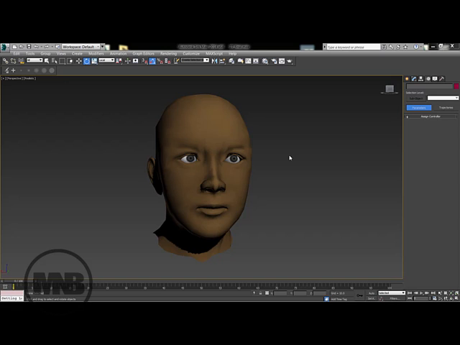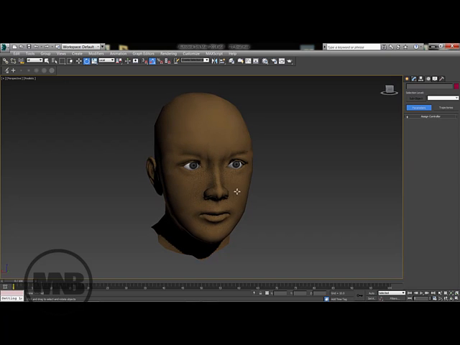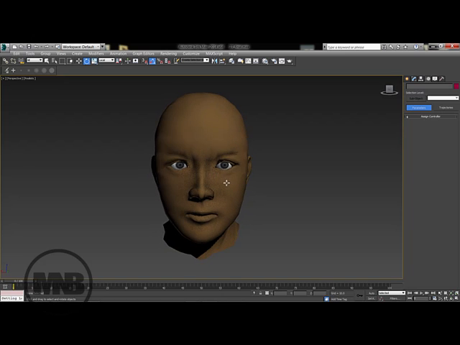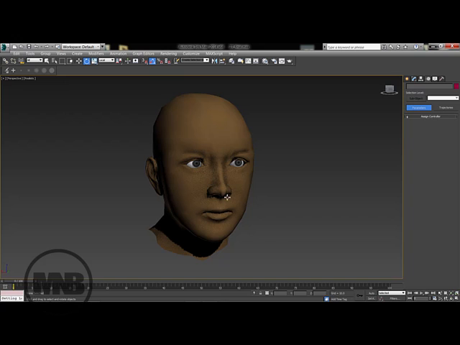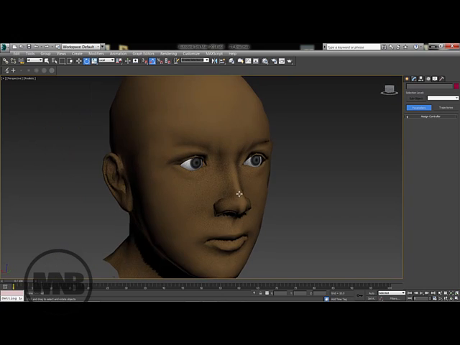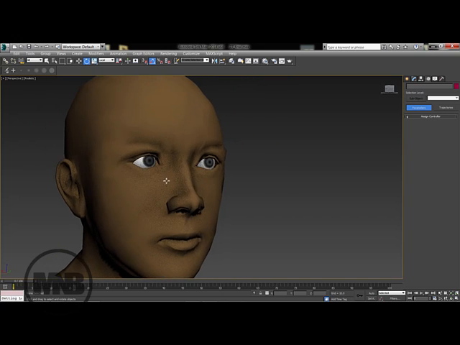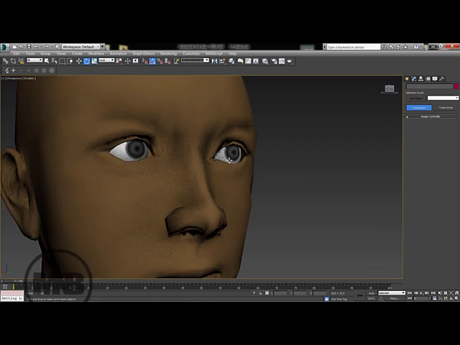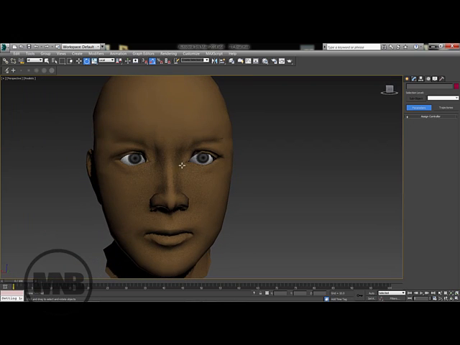Hi again. In this tutorial we're going to be working on eye controllers and morphers. First of all, if you do create your character, we're going to be working on the head now after we rigged and skinned. Definitely we can also do an eye controller so I can control where the eyes are going